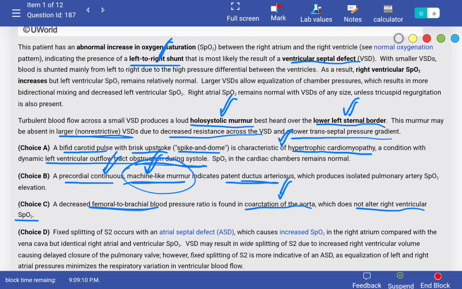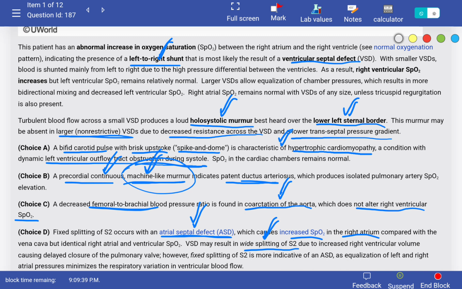Then fixed splitting of S2 occurs with ASD. This is really important, and I talked about this thing, right? Which causes increased percent saturation in right atrium, as I mentioned, compared with the vena cava, but identical right atrial and ventricular percent saturation. VSD may result in wide splitting of S2. We will talk about this thing. This is the important characteristic of